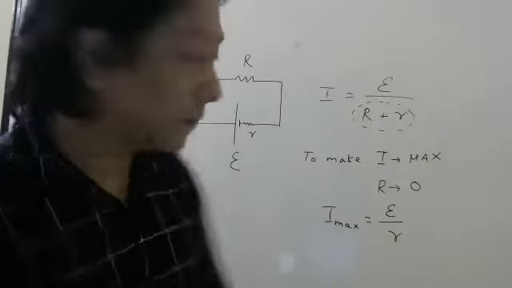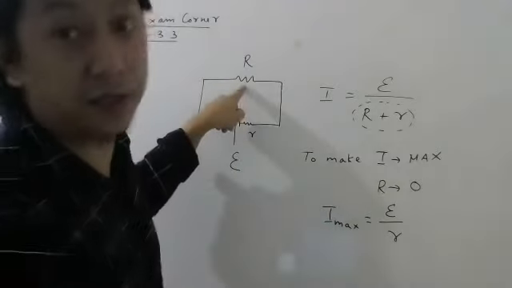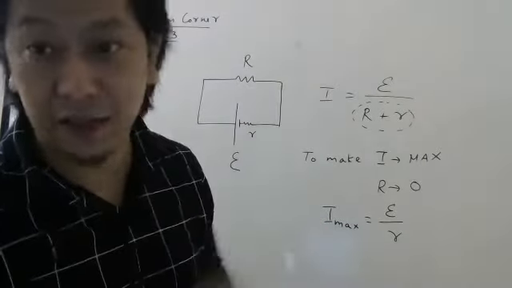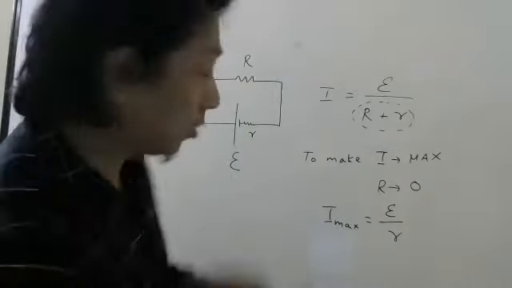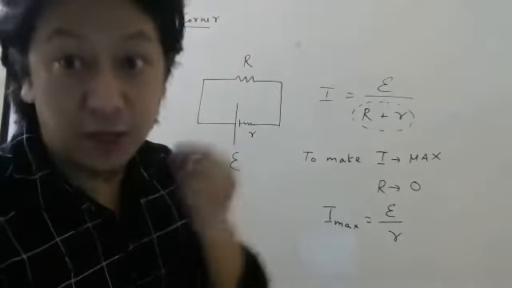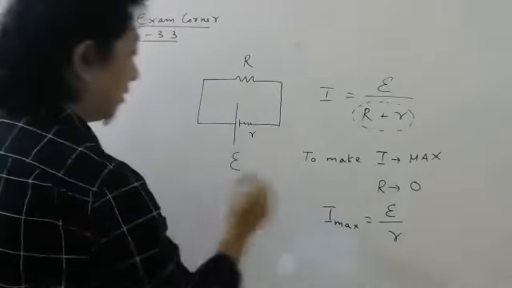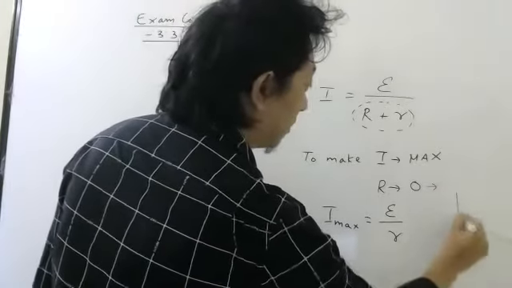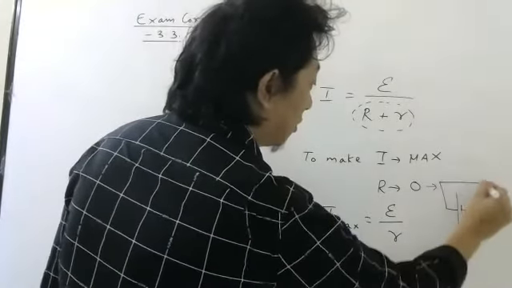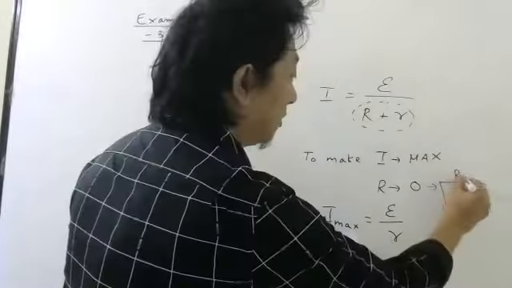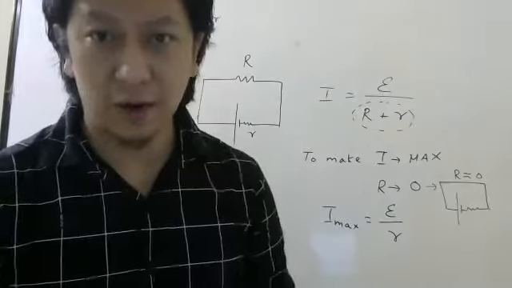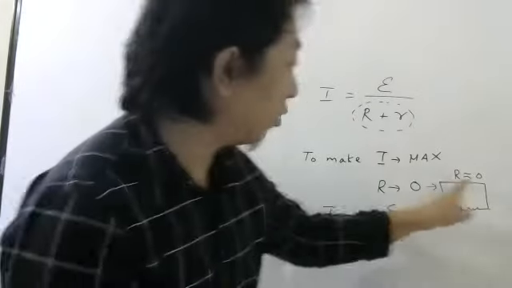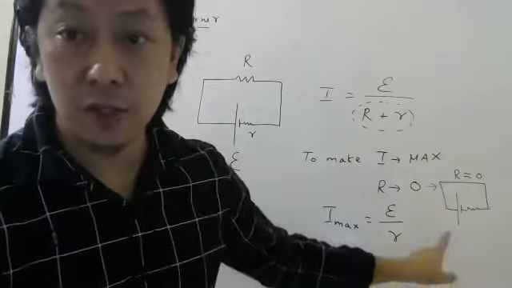So keep this in your mind, because there was no condition given that there has to be a resistor. They did not say anything like that. So you can connect zero resistance. Zero resistance means just put a short circuit. If you do a short circuit like this, the resistance is almost 0. If you assume this wire is copper wire, the resistance is very, very less. So it will be almost 0, then the current will be maximum. This is called a short circuit.